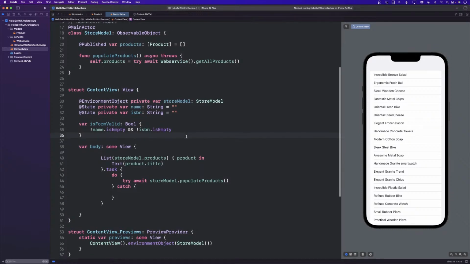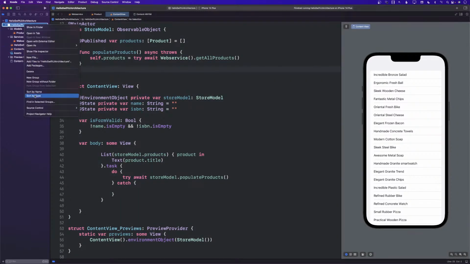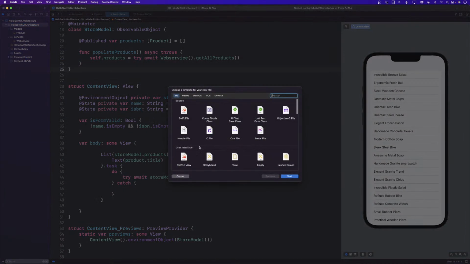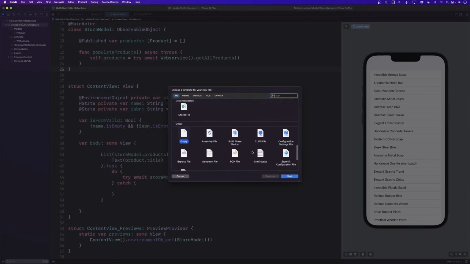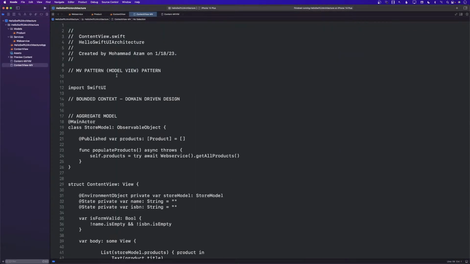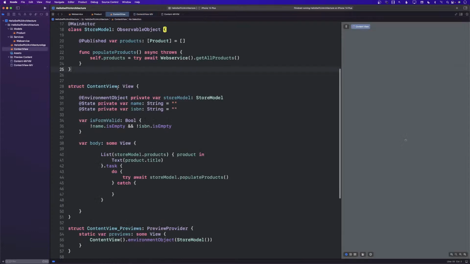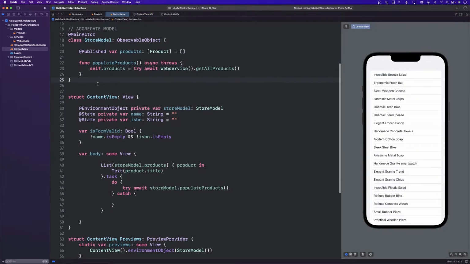Let's take a look at a very different kind of approach. So this is MV pattern. Let me go ahead and copy this in a different file so you can get access to it. Any questions? You can type your questions on the chat and I'll be more than happy to take a look at it. So content view MV. I would say try out all the different patterns that are available and see which one fits with your needs.